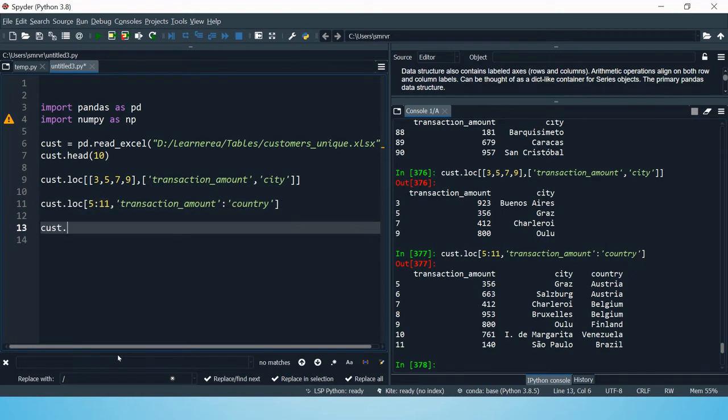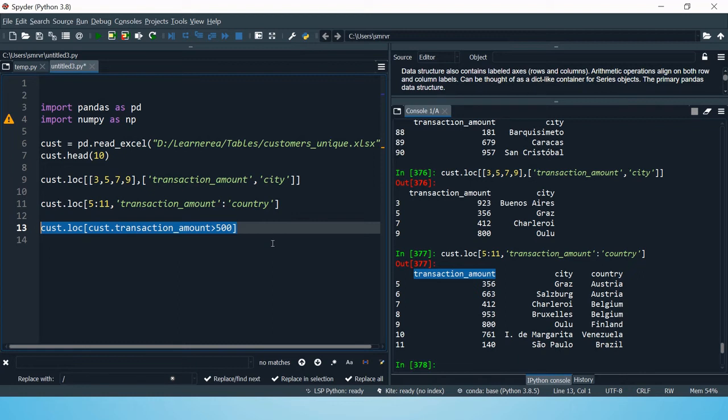Here we have cast.loc, and as we saw in the syntax, we're gonna just select only those entries where transaction amount is greater than 500. That only we will put. So for that we need to use the transaction amount column. How can we use that? Cast dot transaction amount, which is a column name, and then we're gonna say this should be greater than 500. So this is the condition we provided for rows.